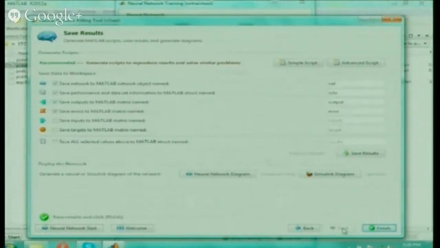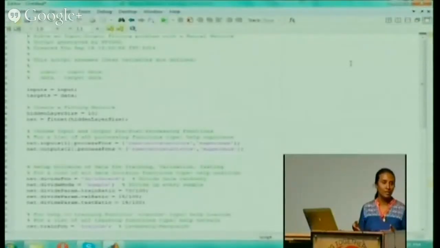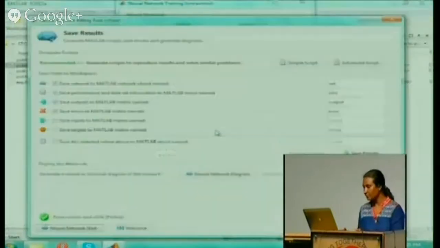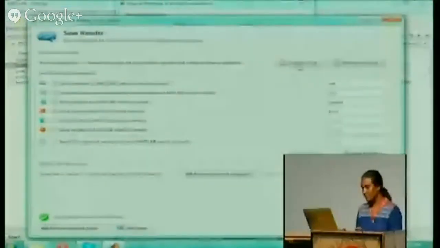In this, if you see, it will automatically give you the script file, advanced script. The script that we write in NN, and the script file we execute, we used to do the execution. So it is very tough to sit and do it. Here it will automatically give you the script file. For whatever data you have taken and everything, the script file is also generated. If you want, you can have the script file. Okay, so simple script and advanced scripts are also available.